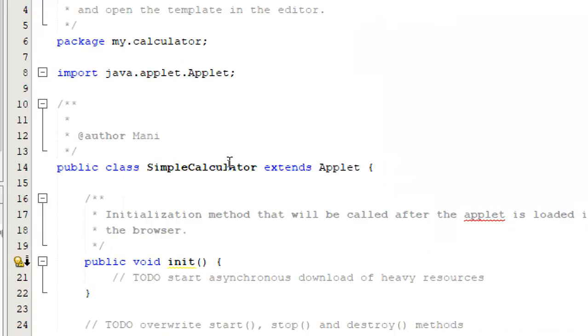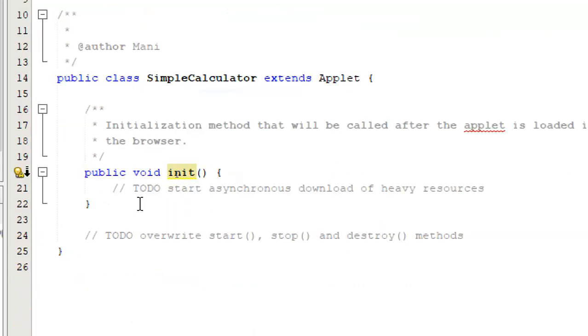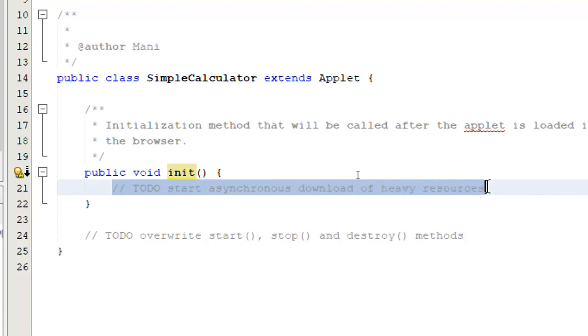If you notice, the NetBeans has created a class called as Simple Calculator. It extends out of applet, and the applet is obtained from java.applet.applet. There is one method called as init that is used to initialize the applet.